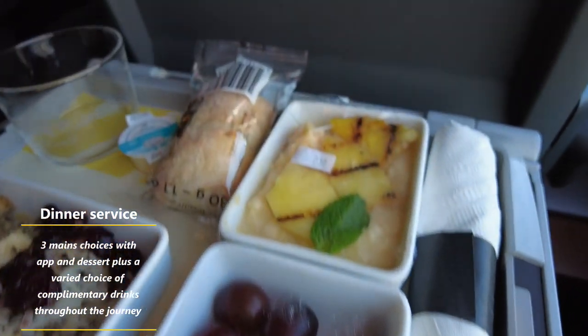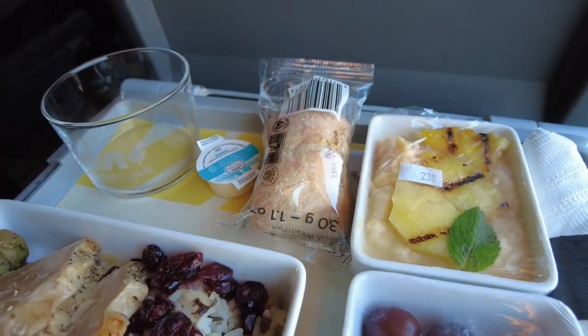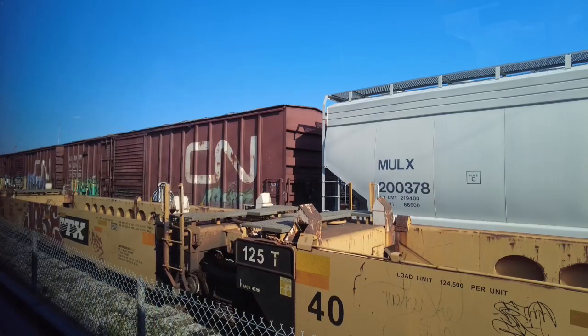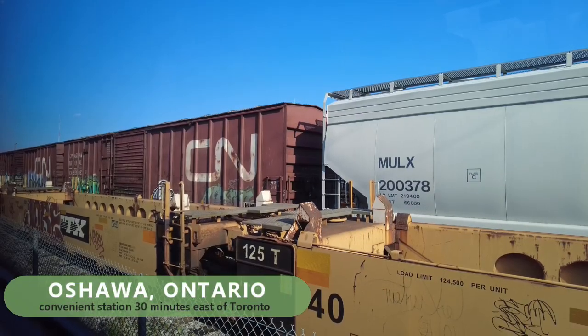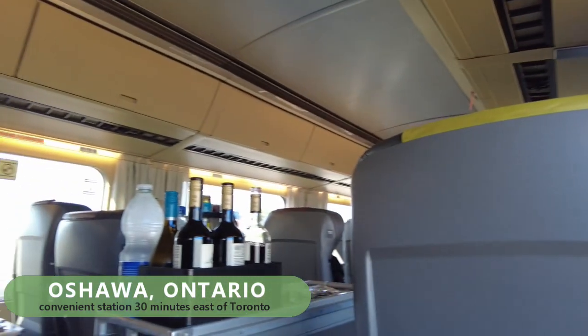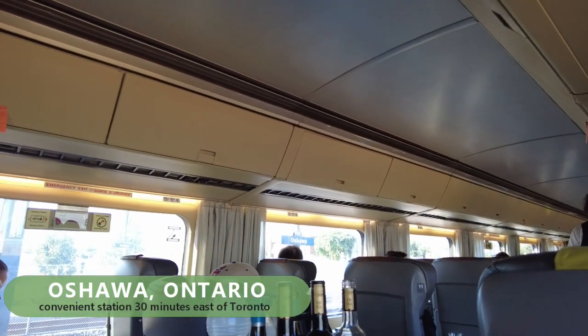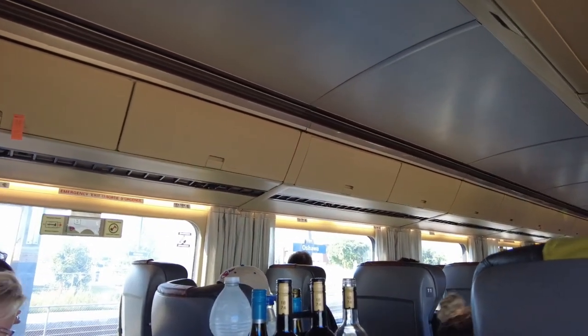Just 30 minutes into the journey, dinner is served, and the choice tonight is turkey, lasagna, or salmon. Here we have the turkey, along with a side of cheese and grapes, a dessert, a roll, and a beverage of your choice. Passengers traveling from the east side of the Greater Toronto Area can choose to board or disembark at Oshawa. The station is conveniently located only 30 minutes from Union Station, and there is easy parking as well